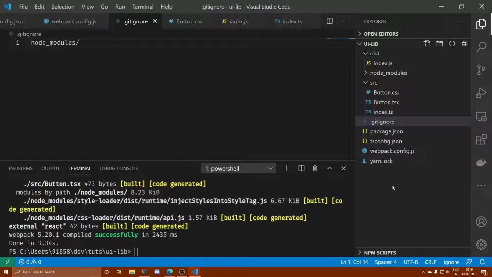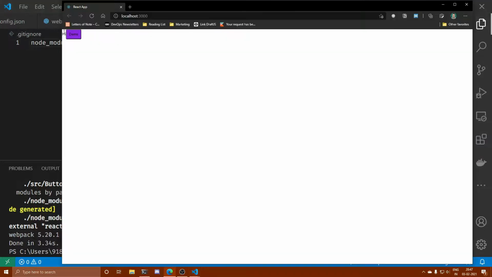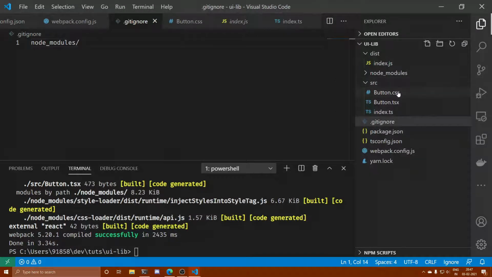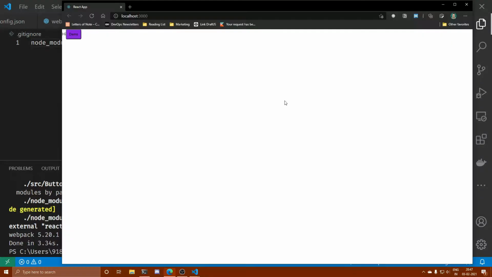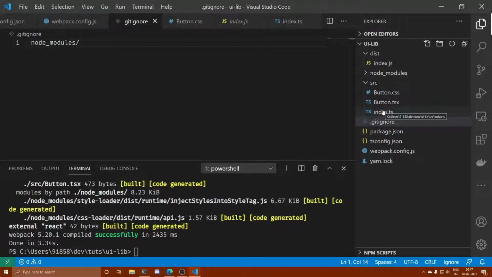which you can upload to the npm registry, distribute it to other people, and then put it on your resume as well, that you are maintaining a React UI library. We have included one component, but you can add more components to this library, customize the way a user can provide extra CSS things or extra props to your component, and then sky is the limit. But now you know how to use Webpack to build a React library which uses TypeScript.